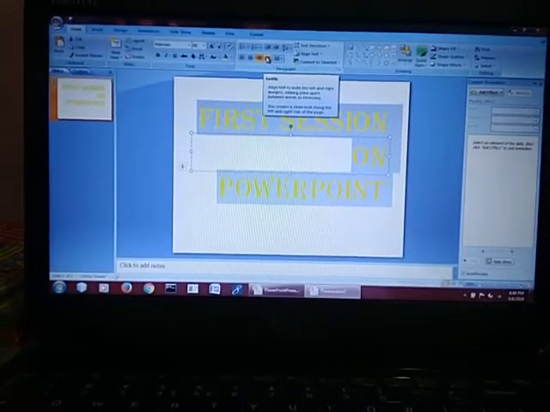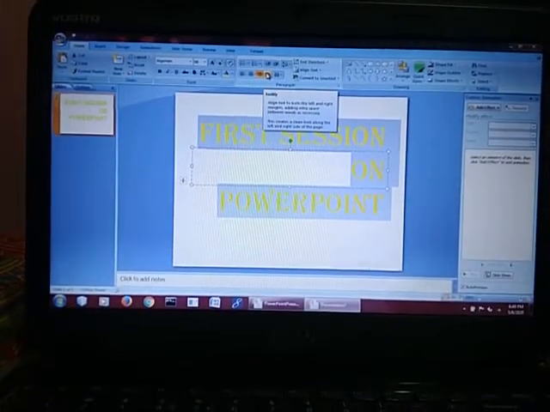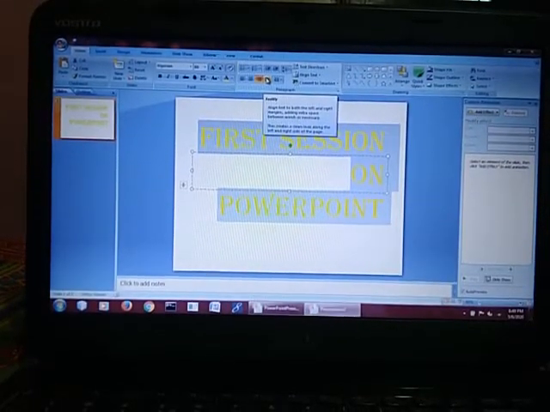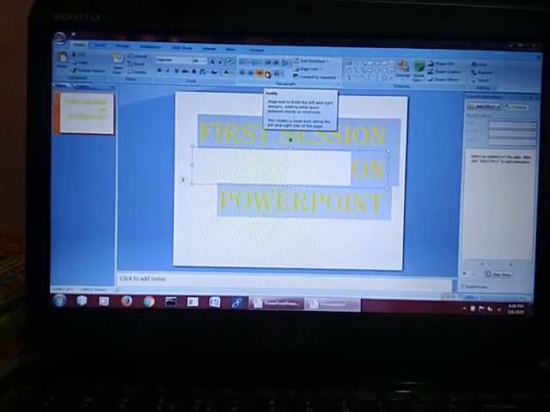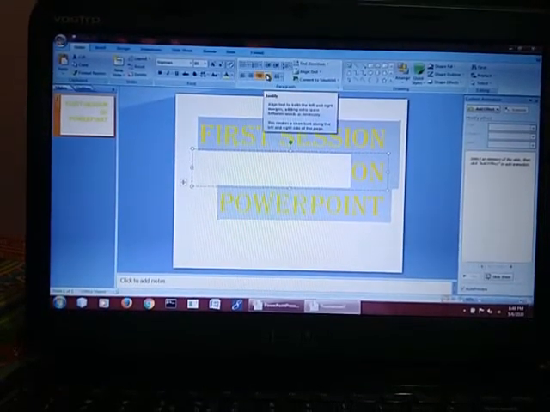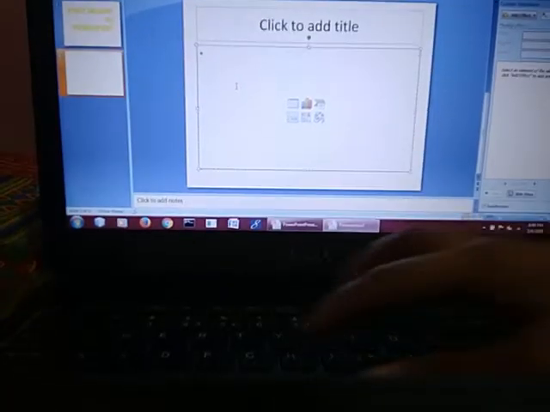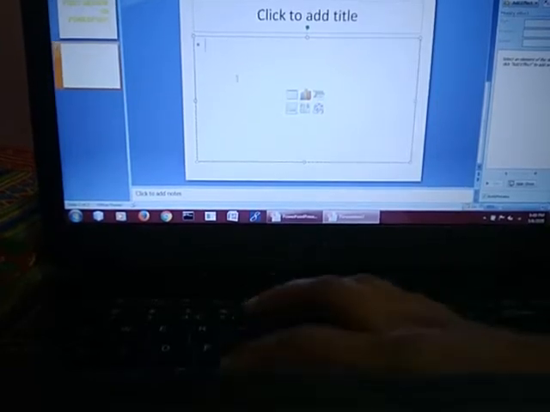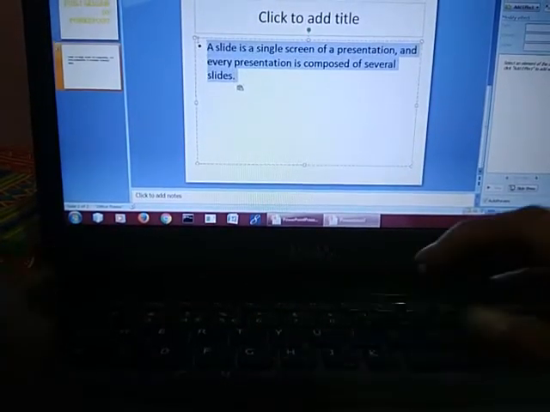Basically we use justify for typing long text. In the slides, I have used the justify formatting. Fine. So what is the difference between simple right, left, center or justify? I will show you with the help of one paragraph. So I am typing a paragraph, wait for a minute. See here, I have copied one paragraph and right now I am going to paste it over here. And now see the difference very carefully.